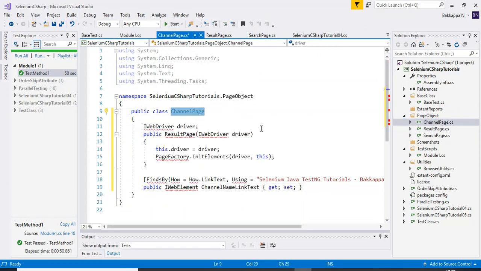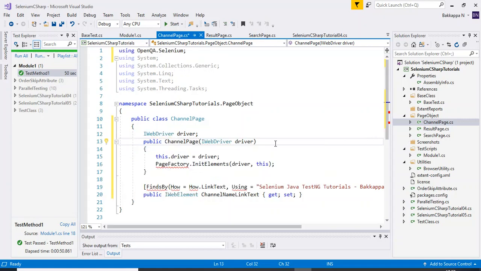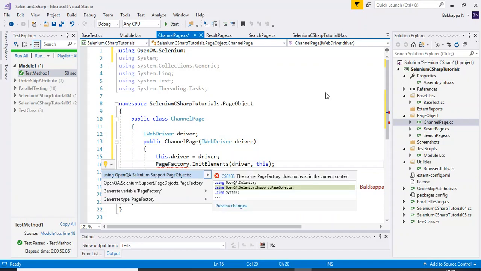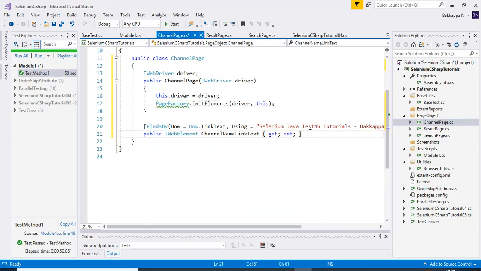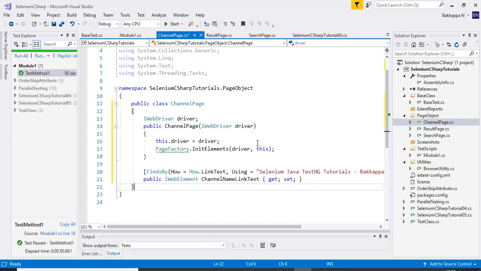So I'll replace class name with the class name for the constructor. Then I will import all the classes. Just press Ctrl+dot, and it will import all the relevant classes. So that's it. So we have defined a simple constructor to initialize all the web elements in whatever you are defining in this